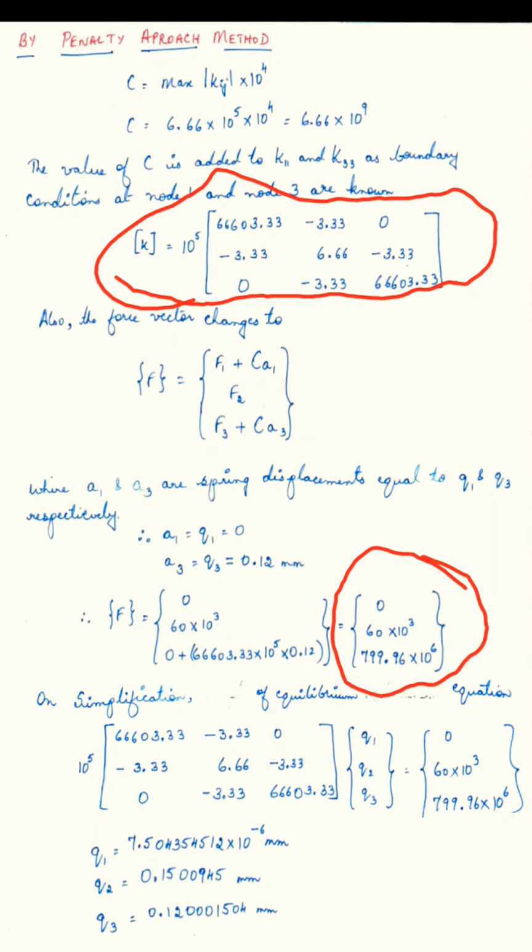If you observe, the value runs in terms of 10 to the power of minus 6. So it is very negligible, which can be considered as 0. So if you want to write it in the vector form, you can put it in the vector form where Q1, Q2, Q3 will take the values. Now Q being known, we will calculate the reaction at supports. The formula is slightly different than what we have used for the elimination method. The formula is given by R equals minus C into Qi minus Ai, where i denotes the node number.